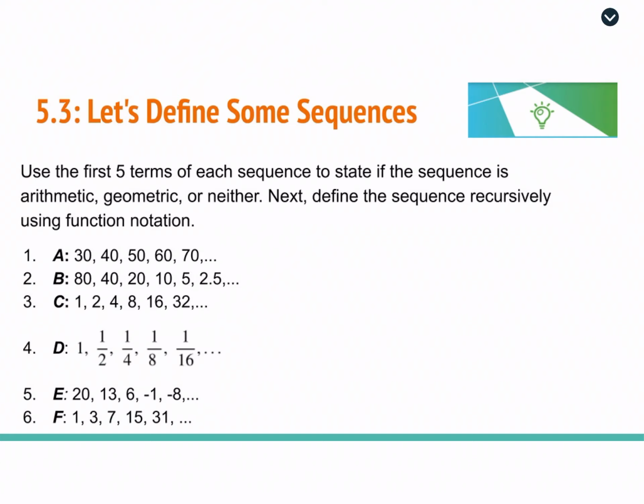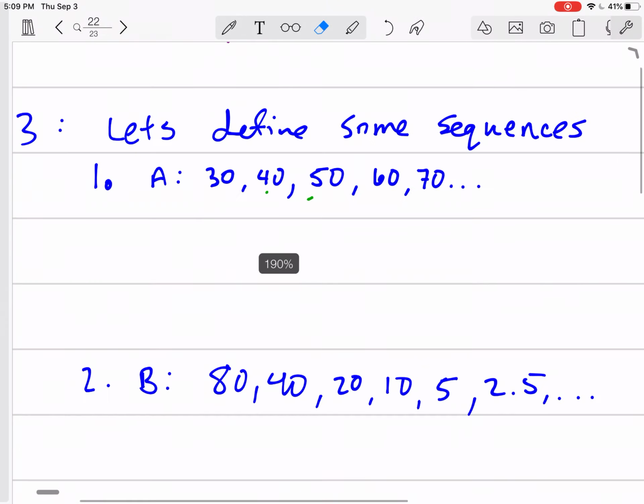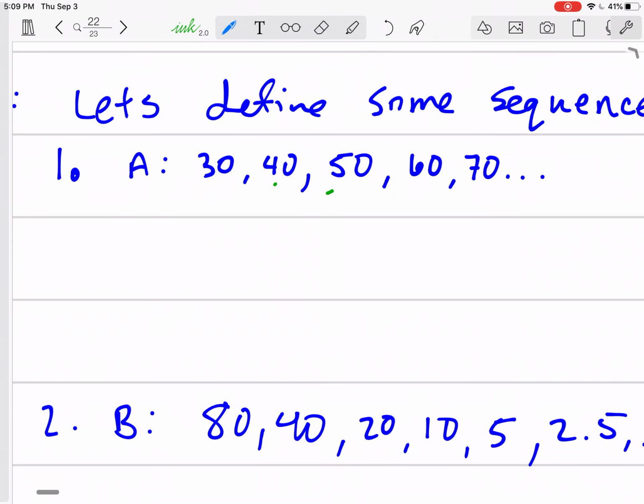But for this problem, we're going to use the first 5 terms of each of these sequences to state if it's arithmetic, geometric, or neither. Then we will define the sequence recursively using function notation. We have these 6 different sequences and we're going to look at them. First one is called A. A is the name of this sequence. It's a function, so we're going to use A to represent the function notation when we write an equation for